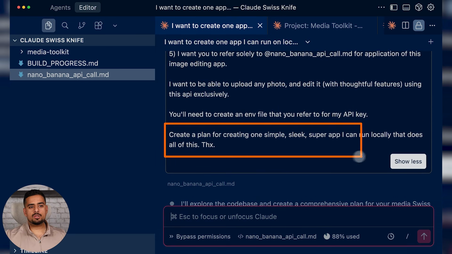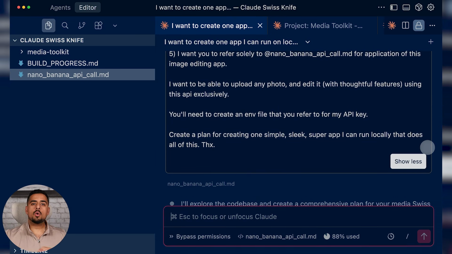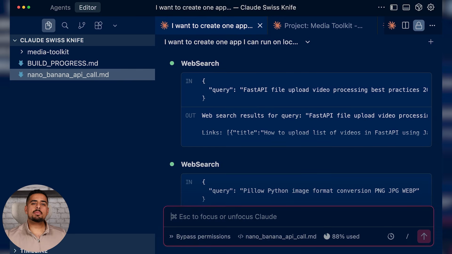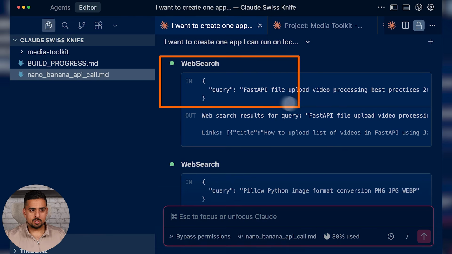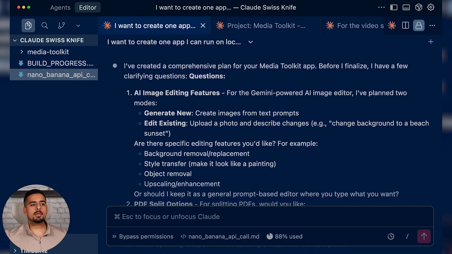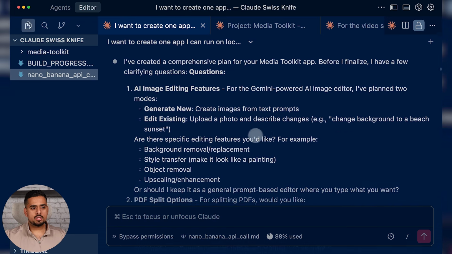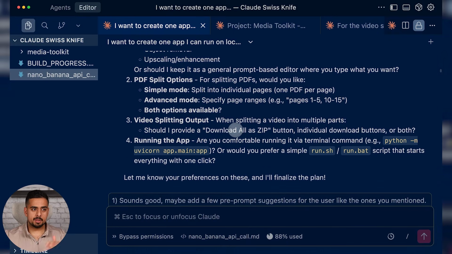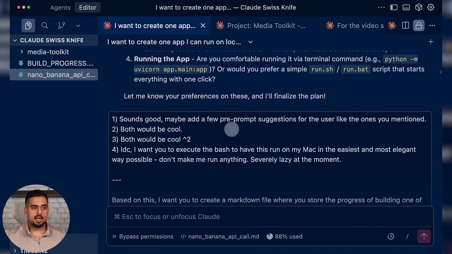So first I ask it to create a plan, and this is really helpful. Whatever you do, it gets Claude Code to show you its hand and its understanding of what you're trying to put together. So without me even asking, it does things like web search to see what is the optimal way as of 2025 to build this particular tool. It then comes up with a series of questions just to double check whether or not I want to be able to create new images with Nano Banana or edit existing ones or both. So it asks me a few things like the PDF split options, the video splitting,